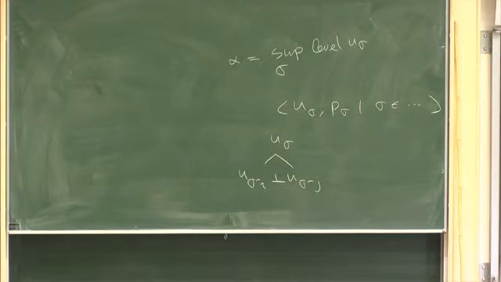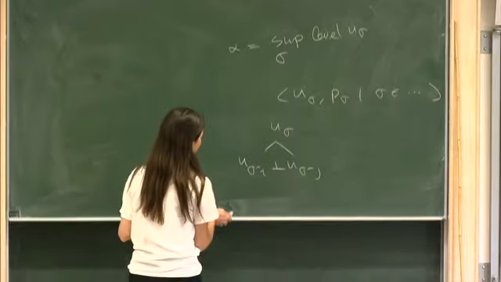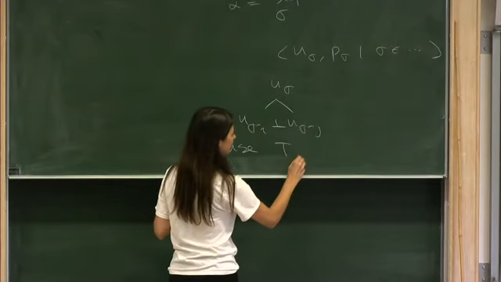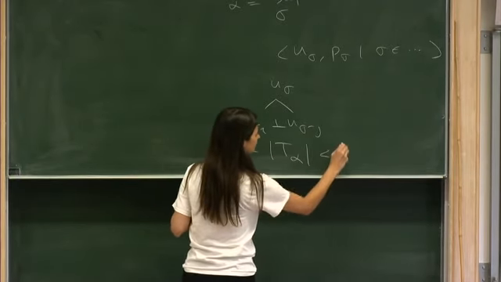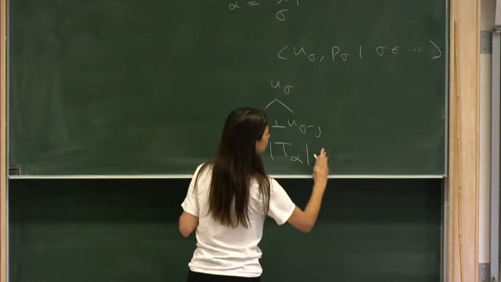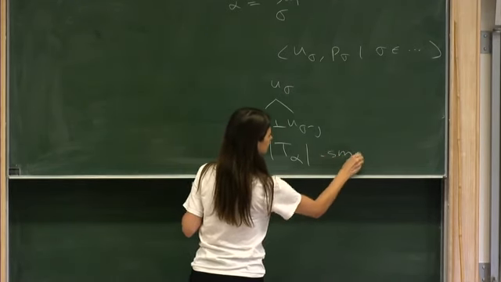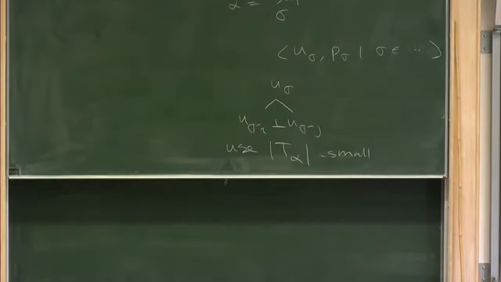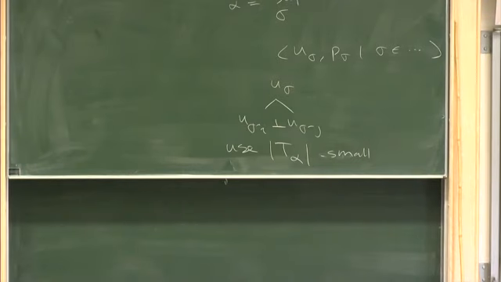So then finally use that T alpha is not too big. So this is just a very broad overview of what people try to do when they try to show branch